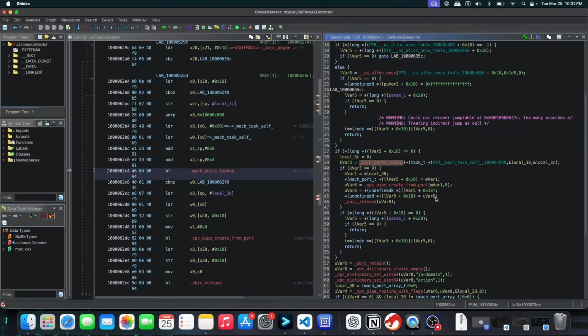This one. Here it's passing Mach task self as one of its arguments, right? Now mach task self returns a special Mach port that represents the current process task. The purpose of the Mach ports lookup function is to retrieve an array of bootstrap ports assigned to the process. If you are unfamiliar with bootstrap ports, they serve as communication channels between a process and other system services on